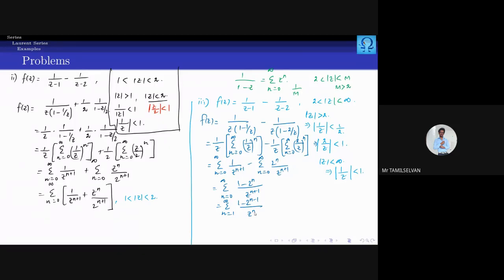Okay, now, this is valid in this region. So look for the given region, from that deduce what you want. We know that the expansion that we have is valid for absolute of something smaller than 1. So we'll have to convert things into that form, and then we can apply the expansions that we have already. Is that clear?